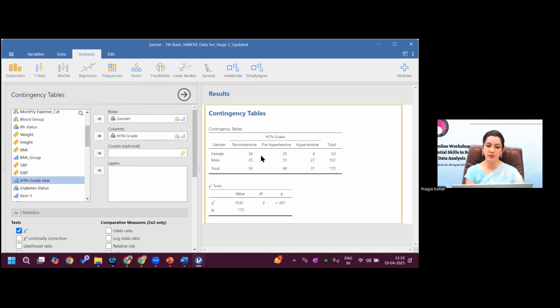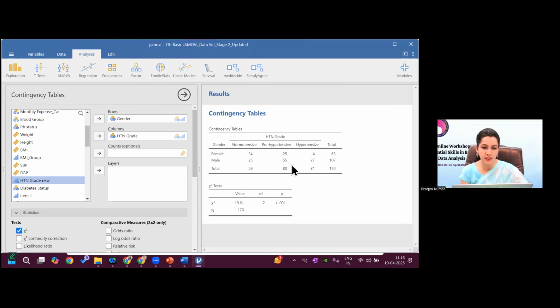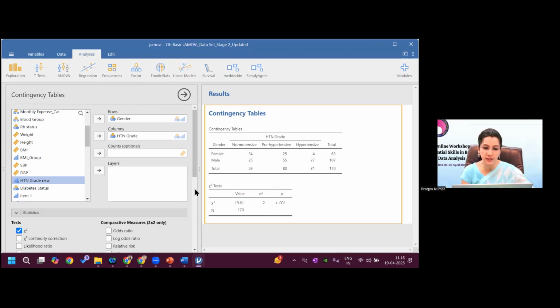So this is your observed count. And in this case, you can see the value of chi-square is 19.6. At the p-value, it is significant. So how to interpret this? Now, for that, you need to see the table. So if you see the hypertensive or pre-hypertensive, out of 63,